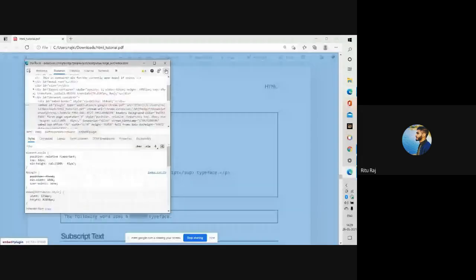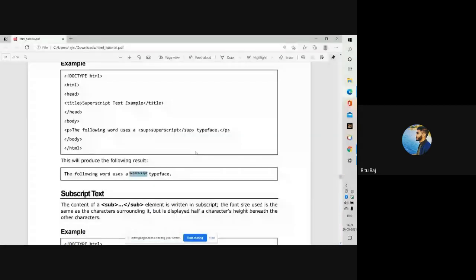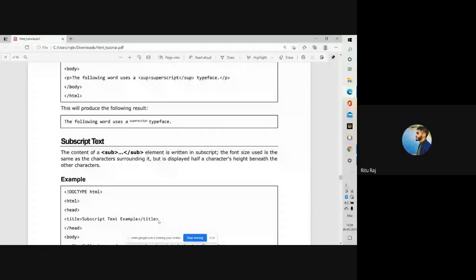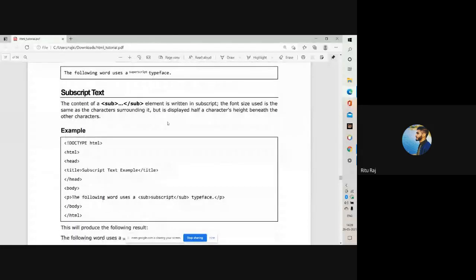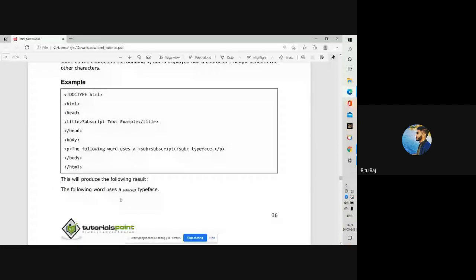And the subscript text similarly, when you use this subscript text, the text will appear like this. Here you have used subscript.